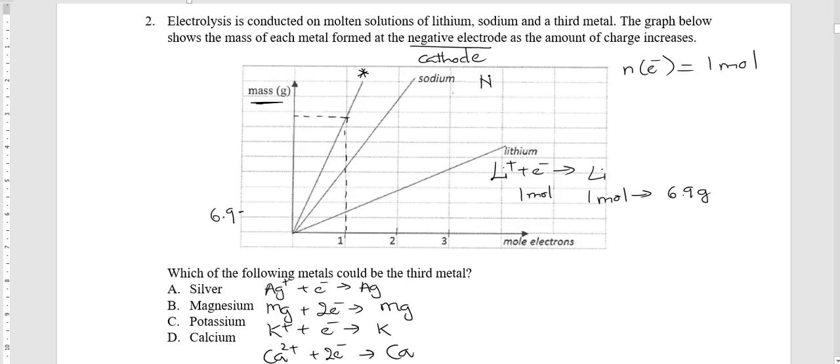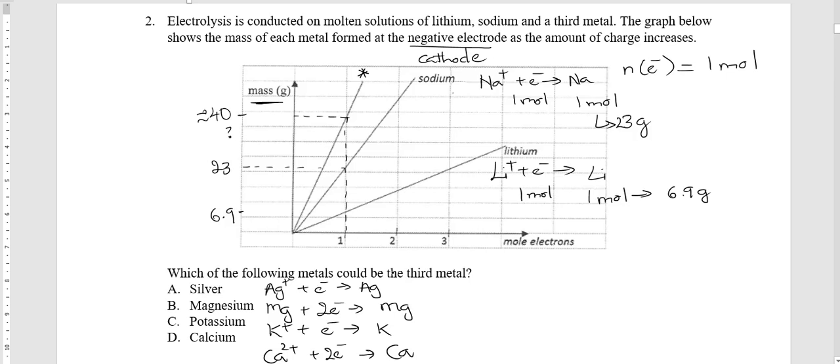Now, sodium has a similar ratio between the number of mole of metals and the electron. So once again, if you have a mole of electron, you get a mole of sodium. And a mole of sodium has a mass of about 23 grams. So that around here would be 23 grams. Now, this looked to me like it's approximately double, so maybe around 40-ish, a little bit less than double. So basically, you need to determine the metal that's going to produce approximately 40 grams of mass when 1 mole